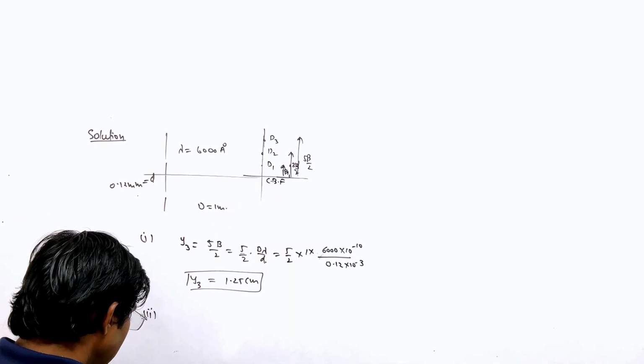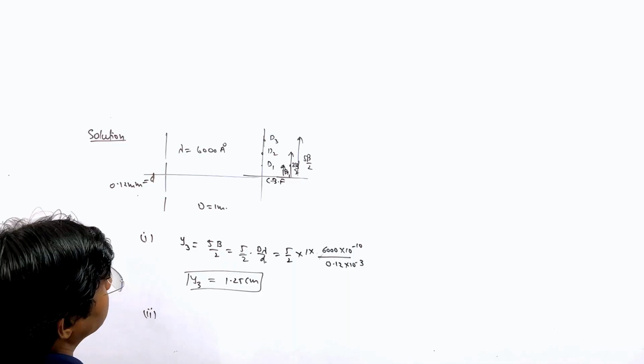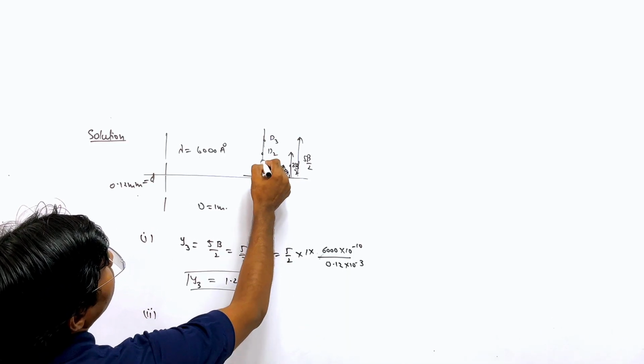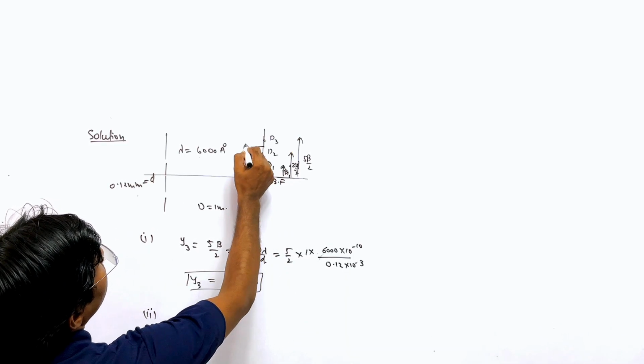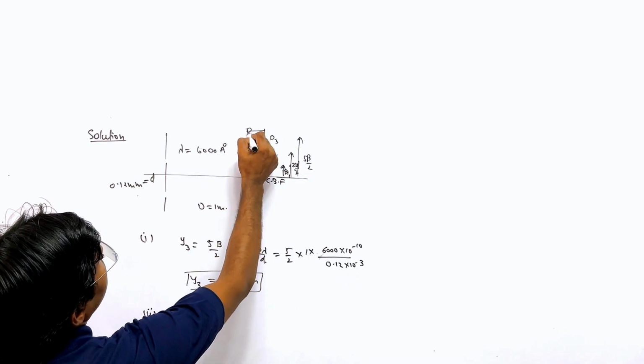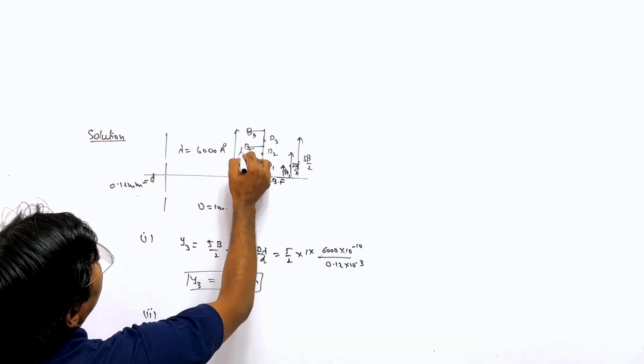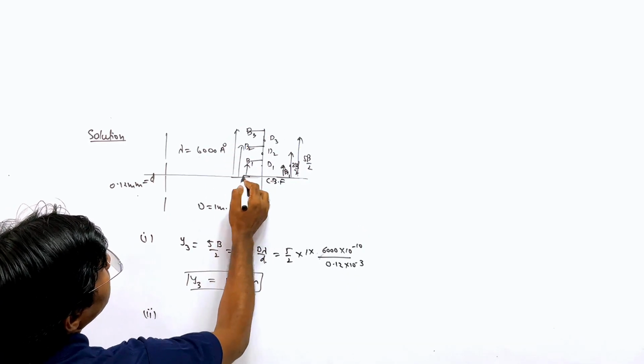Second, the distance of the third bright band from the center, okay, this is D1, this is B1, B2, B3. So you can tell me in terms of beta,